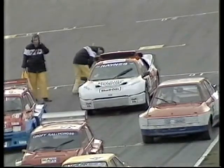Here we go. We have Trevor Hopkins, our championship leader, on the back row of the grid, and that means he's got a lot to do here if he's going to pick up points to retain that championship lead. So Trevor on the back row with the Shell Oils RS200. As we come forward, you can see the intense competition that he has to face, headed out by pole position